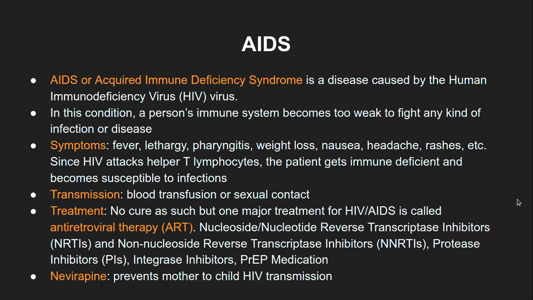Actually, I should share one of the articles which lists all the possible treatments for HIV. There are various names of drugs mentioned in your textbooks. I deliberately did not put them in because they are of no use. If I say zidovudine is used for HIV infection, that does not really help just by knowing the name. So I did not include that in these slides. The most important thing we should know is nevirapine, which prevents the transmission of HIV from mother to child. That is one thing we know for sure.